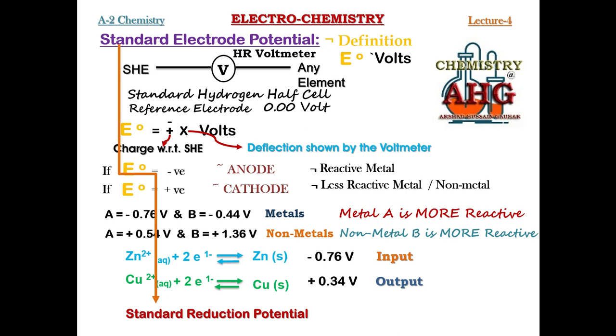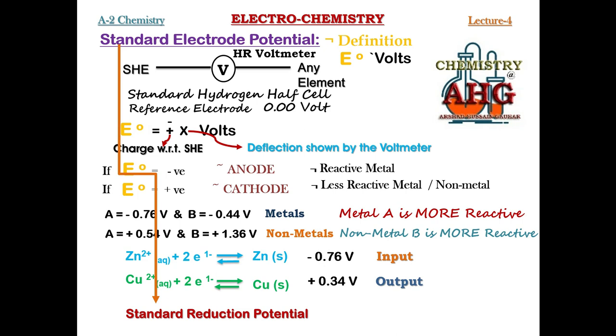Now look at the two half cell examples that I have given in front of you. One is the half cell of zinc. Zinc can undergo reduction with difficulty. Why? Because zinc can be reduced only if we provide a voltage of 0.76 volt. We will have to provide some input, and that is very true. Why? Because zinc is a reactive metal. Zinc will prefer to undergo oxidation, not reduction. So that is why reduction of zinc is difficult.